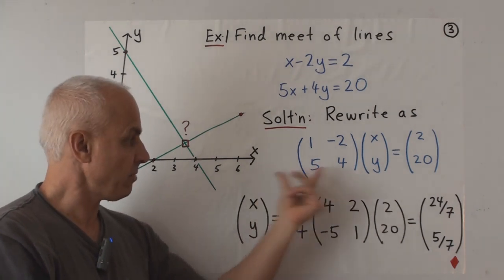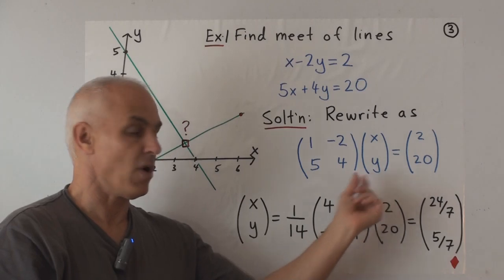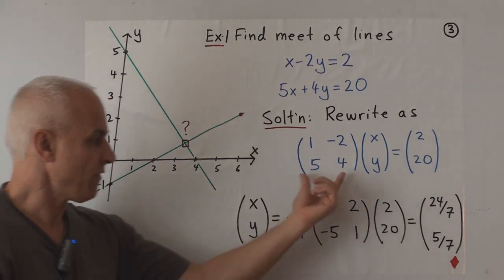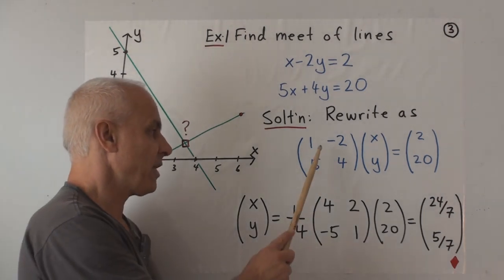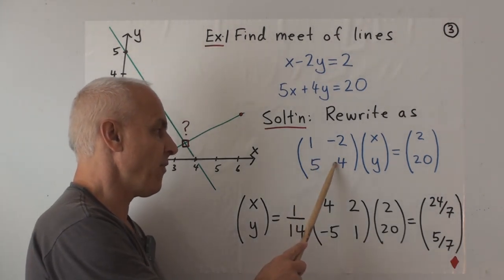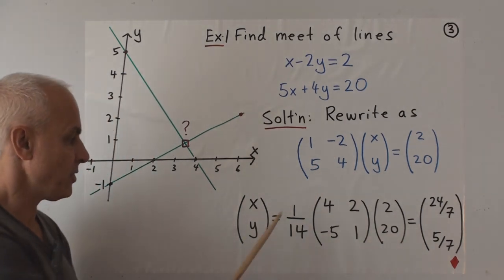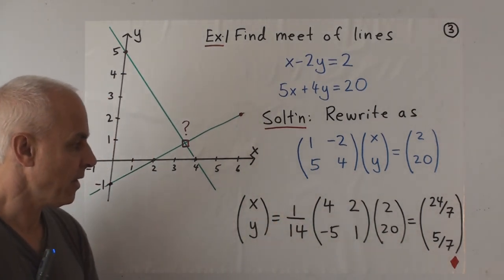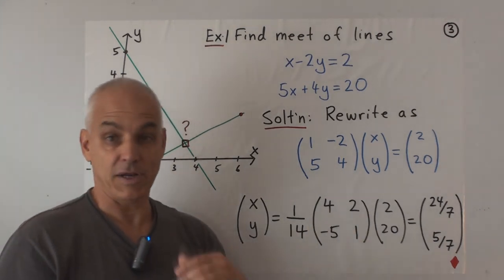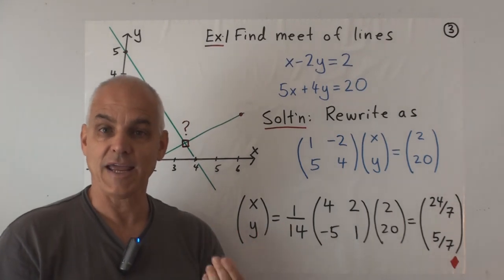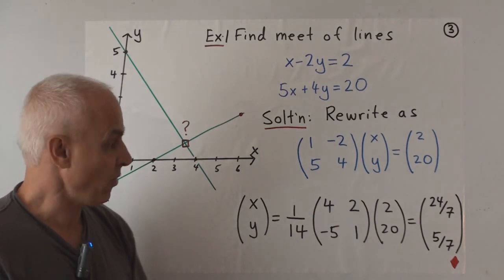So essentially we're going to multiply both sides by the inverse of that matrix, isolating (x, y). How do we find the inverse of that matrix? Well, we first of all calculate the determinant, which is 1 times 4 minus (-2) times 5. So that's 14. So we take 1 over 14. And then the matrix that's obtained here is obtained by taking, well, either remembering the formula or taking the minors of this matrix here and arranging them in a certain way.